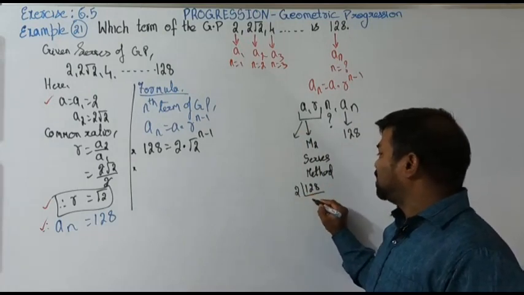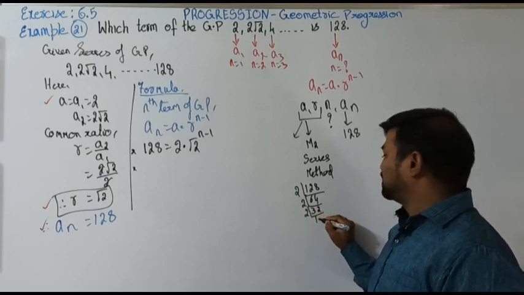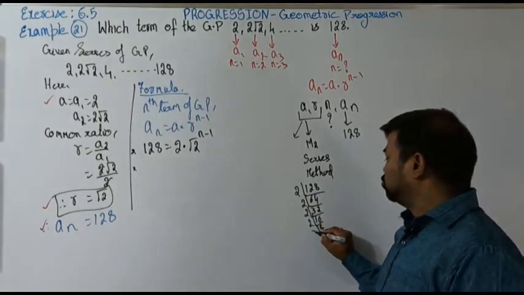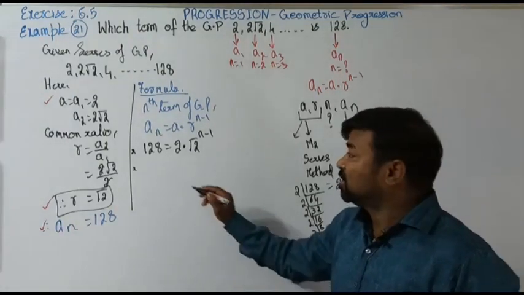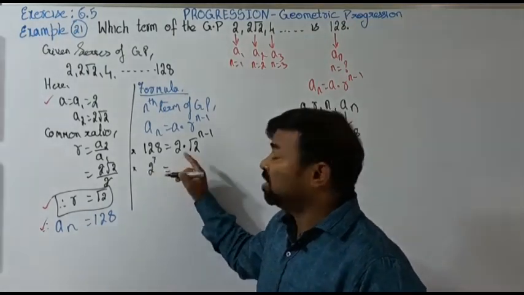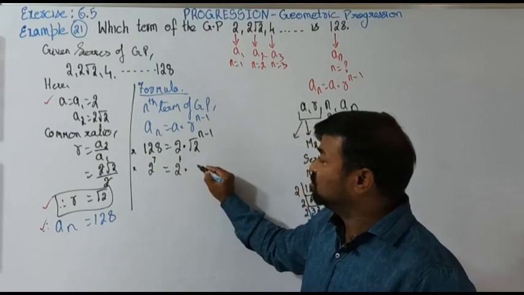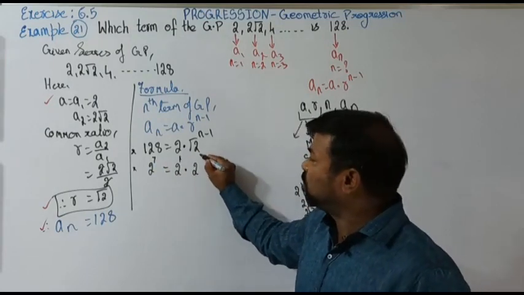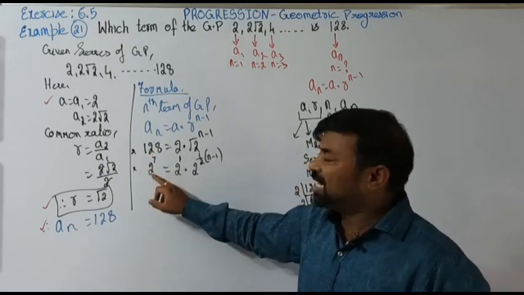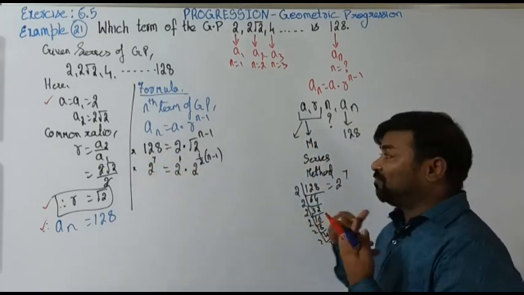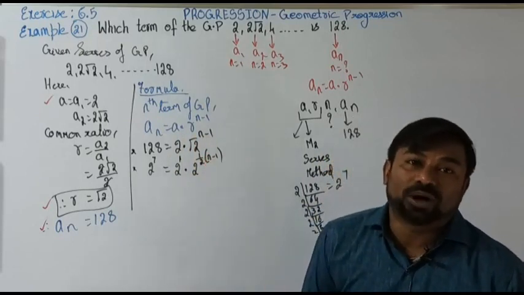If you prime factorize, we'll be getting 64, again 2, 32, again 2, it's 16, again 2, 8, 2, 4, again 2 and 2. It's nothing but 2 to the power 7. You know that. So let us keep 2 to the power 7 here. Now I'm factorizing that. If you check it out, this is 2 to the power 1 into, shall I write this root 2 as 2 to the power 1 by 2, into n minus 1? Check it out. 128 I have written as 2 to the power 7 as I have prime factorized it. Here 2 to the power 1. The square root I lifted up and I have written as power 1 by 2.